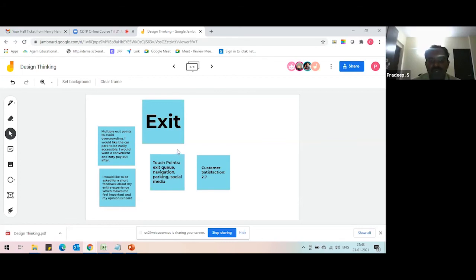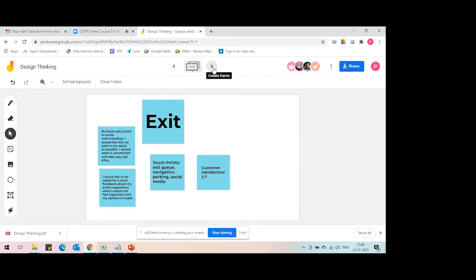So let us take this as a case study, and we will combinedly try to solve this problem. So what is the next stage? Now we have a fair understanding of the stages, the touch points, expectations, and the customer's emotional satisfaction towards these stages. We need to summarize this problem. So there we need to create an empathy map.